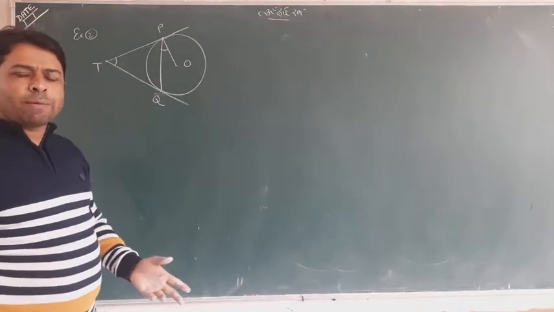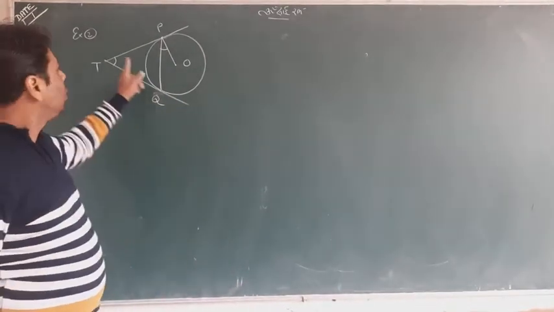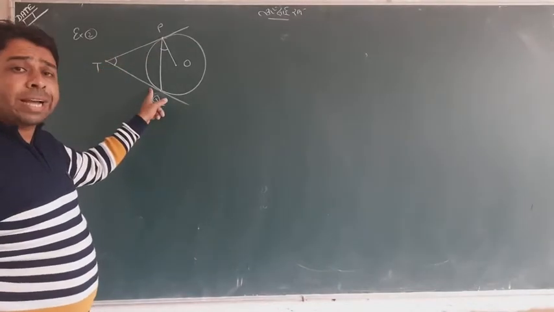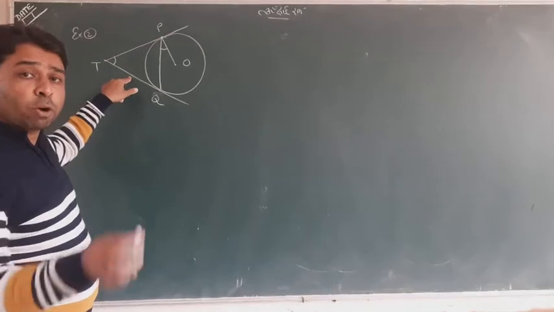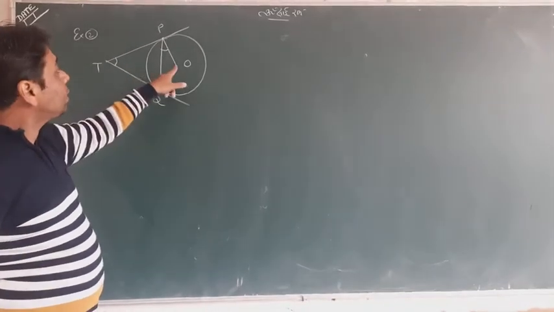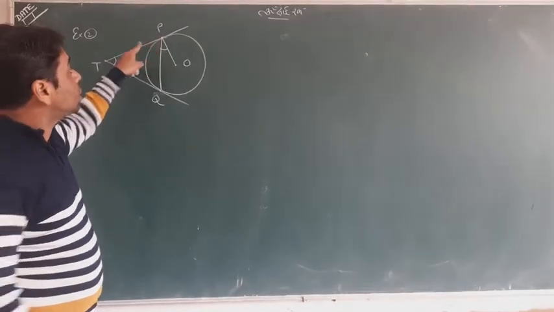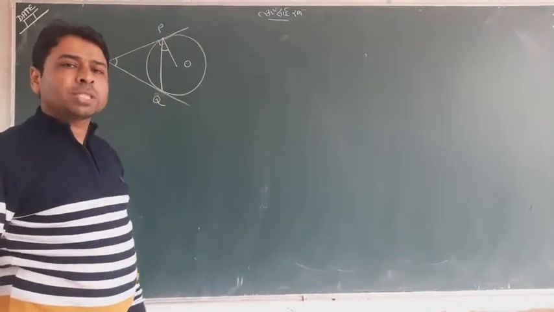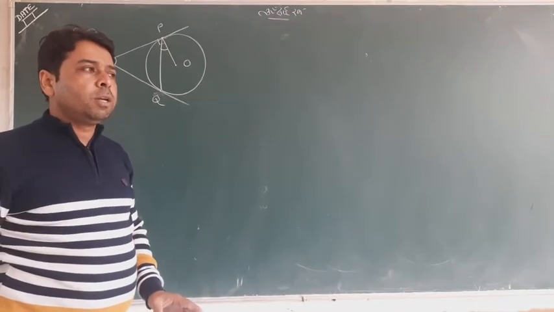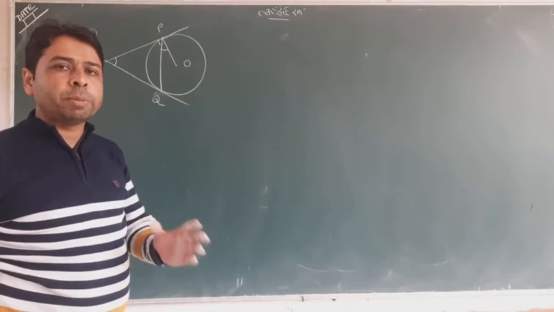Okay, now you have got the concept. It is a very simple thing. Some things I want to tell you: TP and TQ are tangents drawn from an external point to the circle, so they are equal in length. We have already shown it. And OP is a radius, P is a point of contact, so this angle is 90. Without proof one can write it. These are conclusions of the theorems we have already studied; remember and keep them in mind.